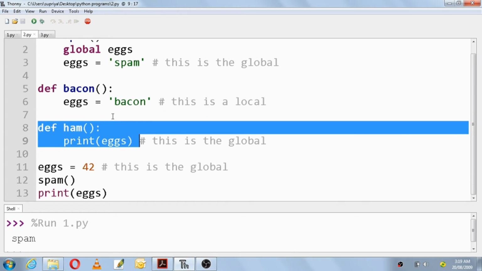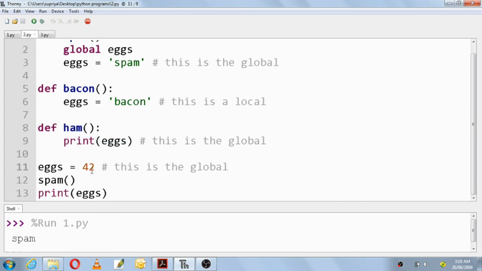Function definitions are not executed first, so we'll see the main part of the program. Here they are making use of a global variable x, and why is it global? Because it is outside all of the functions. It is not within a function, it is outside all of the functions. So it is a global variable and it is initialized with the value 42. Next, which function is called?